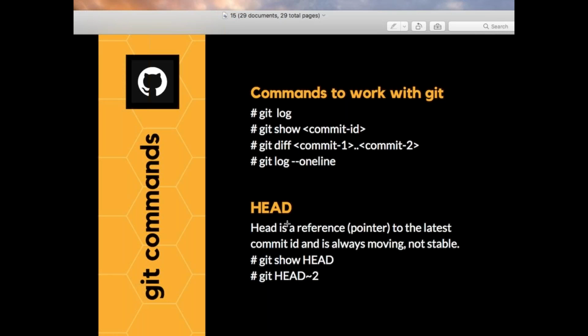So always moving is nothing but not stable, right? So it says HEAD is the latest pointer. This is very important. If you understand that particular thing, it means done.